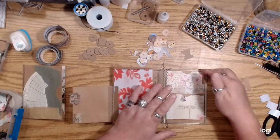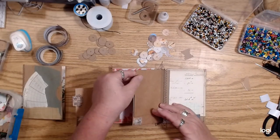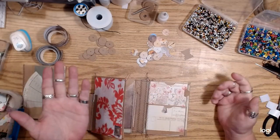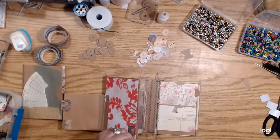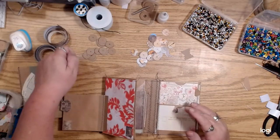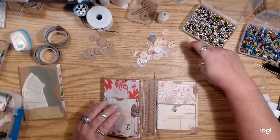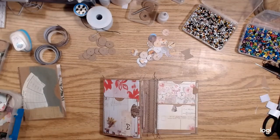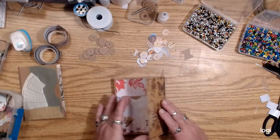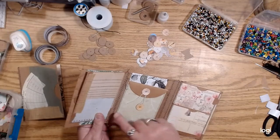And I made my own, like if you have a Cricut or a Scan and Cut, you can make your own cut files just by scanning a tab, you know, just trace the outside of it. That's what I did. I just traced the outside of it, scanned it, and then use the software to multiply it and resize it or whatever. Anyway, okay, so I got my little tabs on,